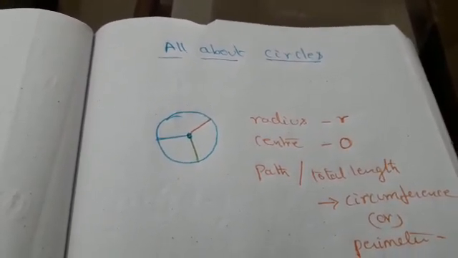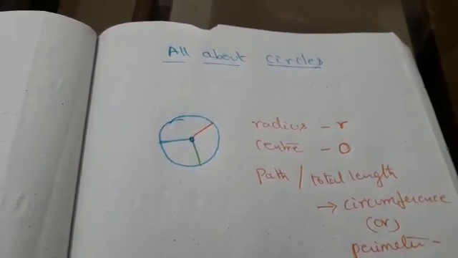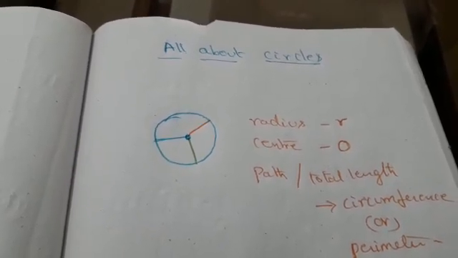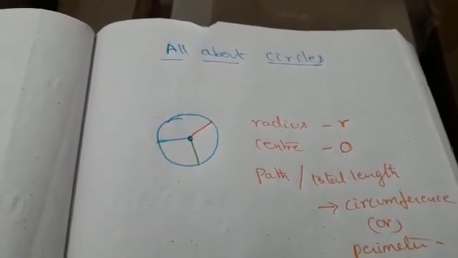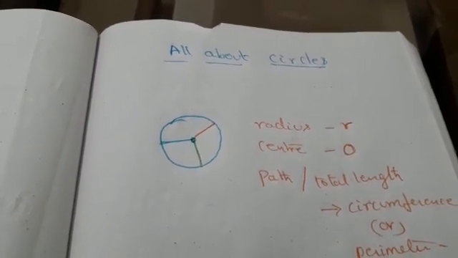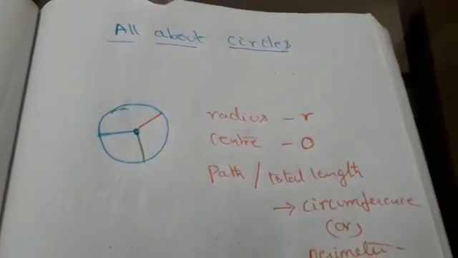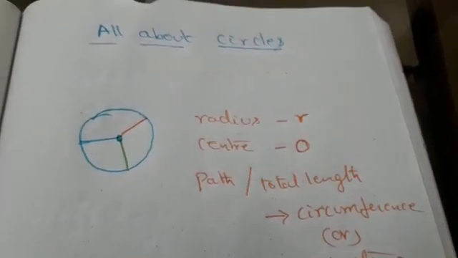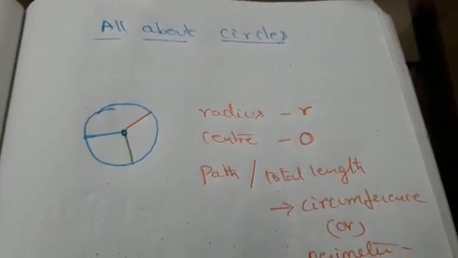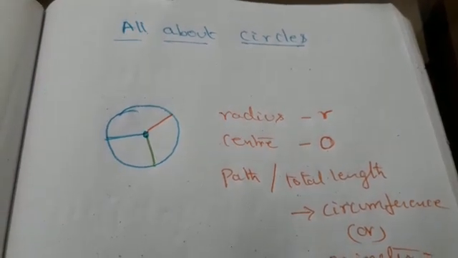Especially while we are solving, we need the perimeter formula, area formula, length of the arc, and area of the sector. These are very essential for us to solve problems based on circles. So for today let us discuss all about circles, and please learn all the formulae by heart, so that when we solve the problems, there will not be any problem in recollecting the formulae.